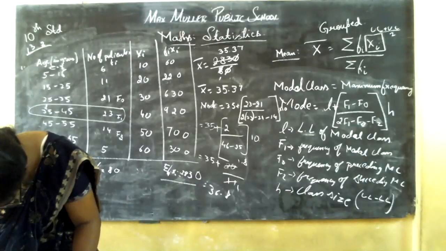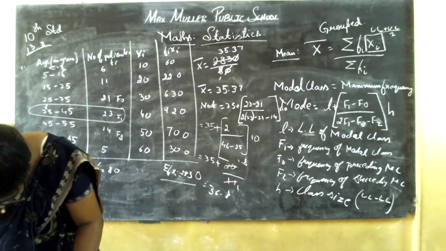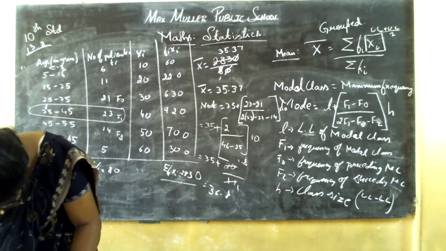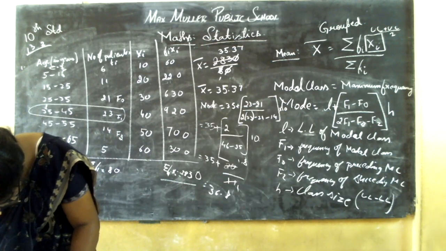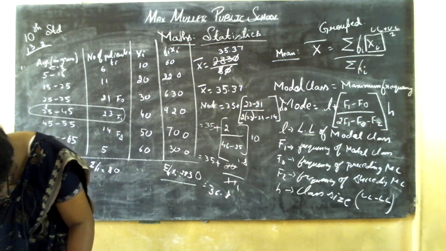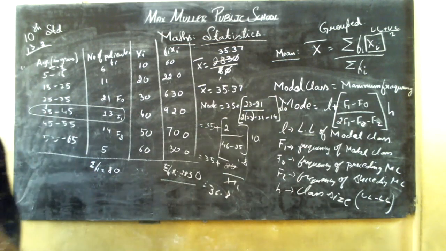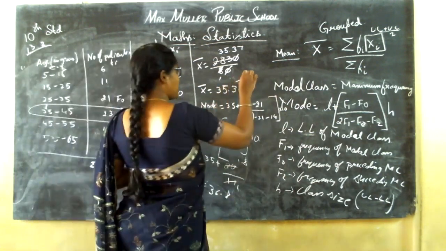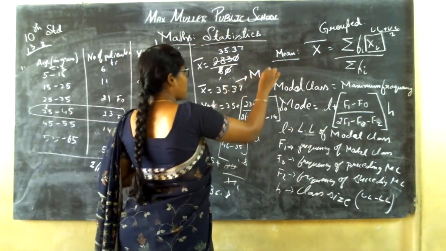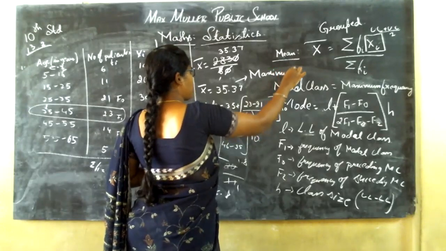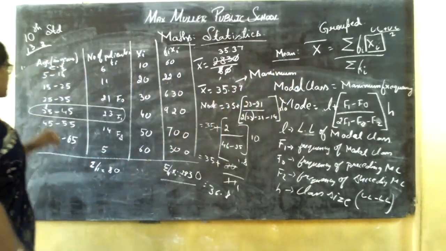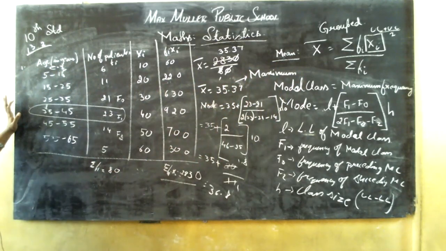Now coming to the next one. What they have told is you need to compare and interpret. Yes, you need to interpret. So what does the mode give? What does the mean give? Mean gives the maximum number. So the maximum number of patients are in the age group 35 to 37. The maximum number of patients are of age from 35 to 37.